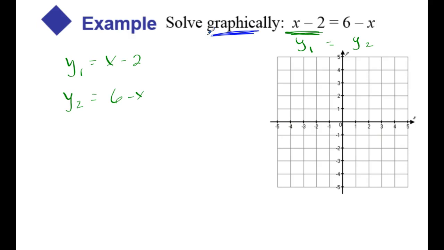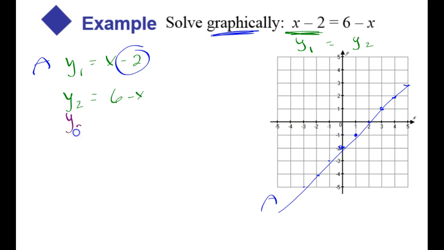But to graph them, we actually need to start at the y-intercept of -2 and rise 1, run 1, and I'll fill up the graph. Instead of going up and to the right, I'll go down and to the left. So I'll call this line A. And now line B,